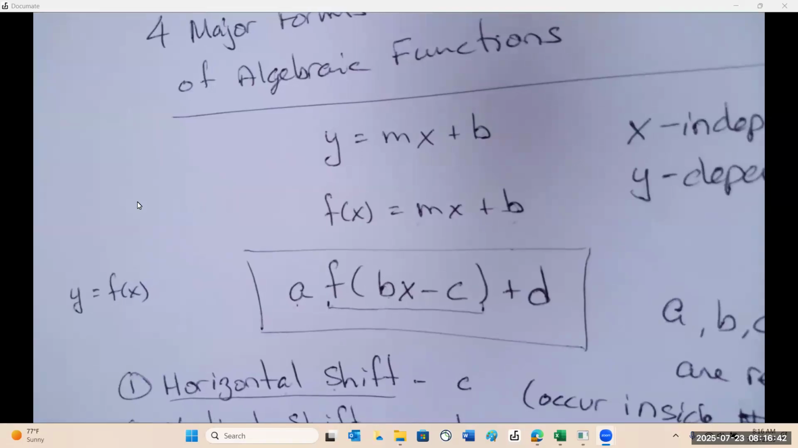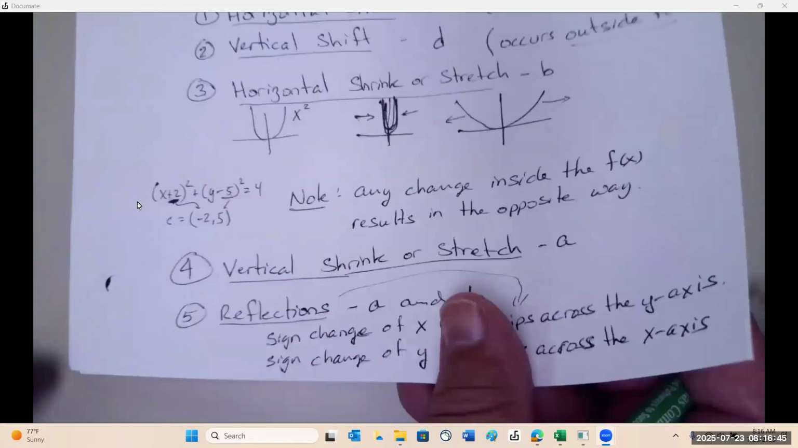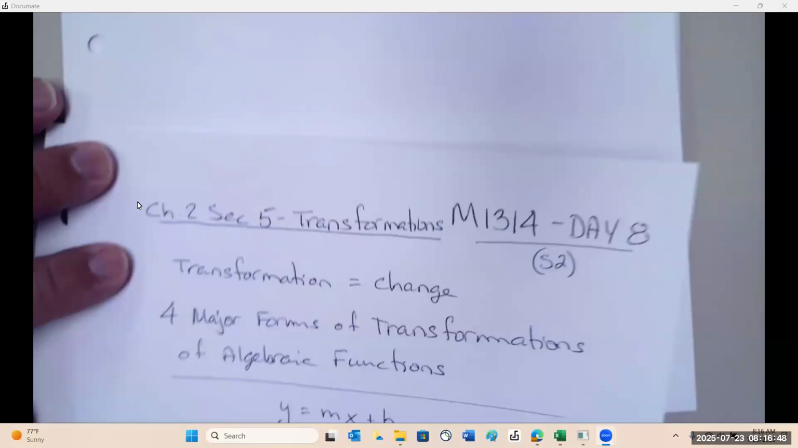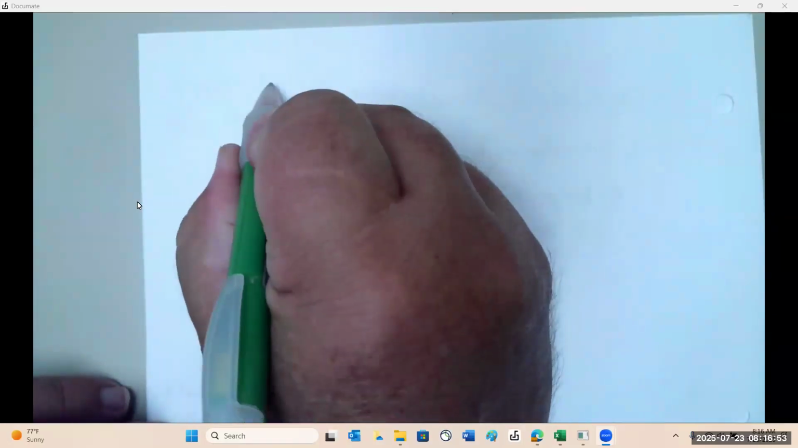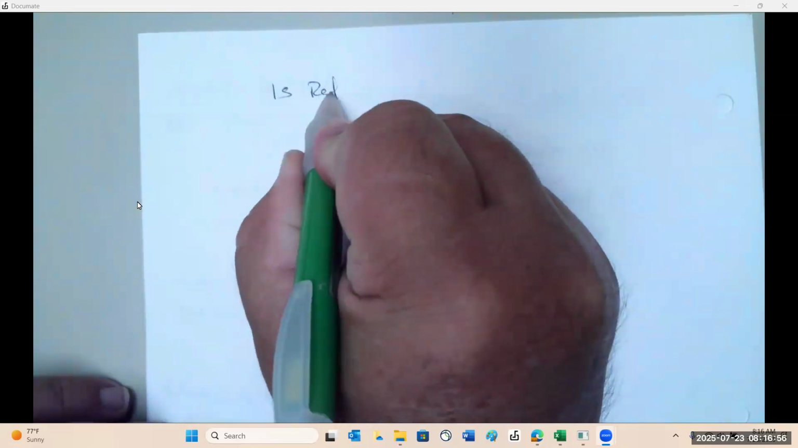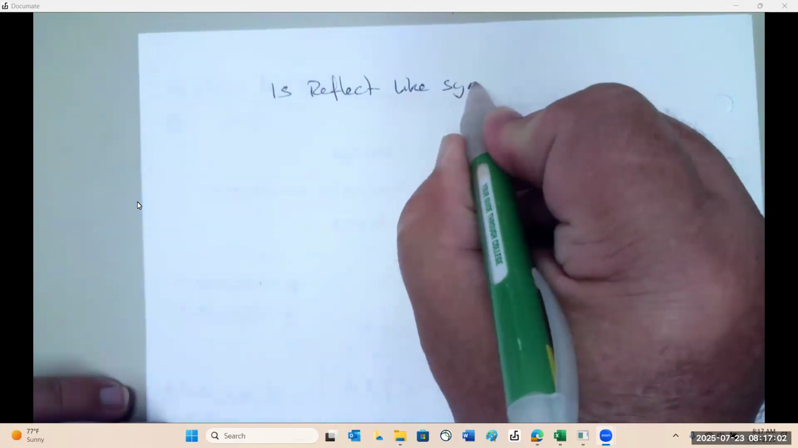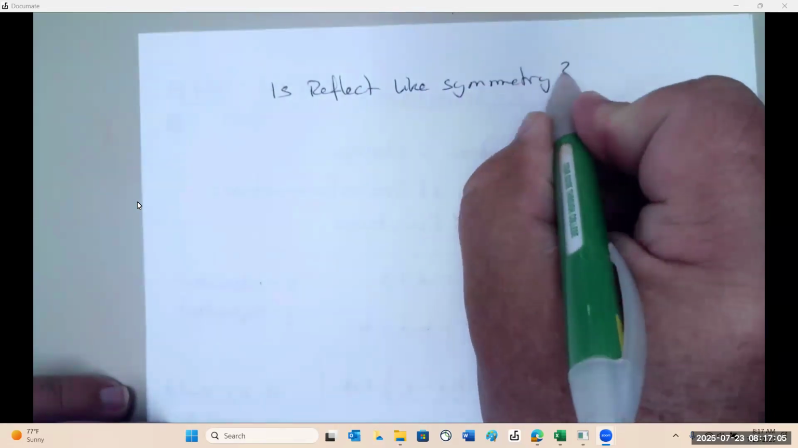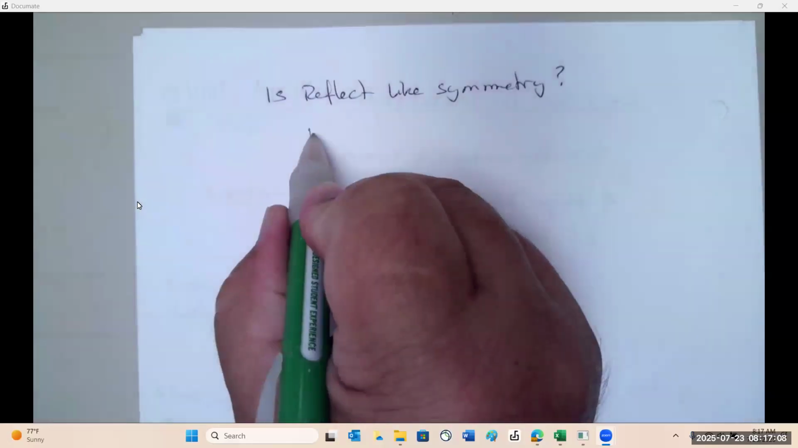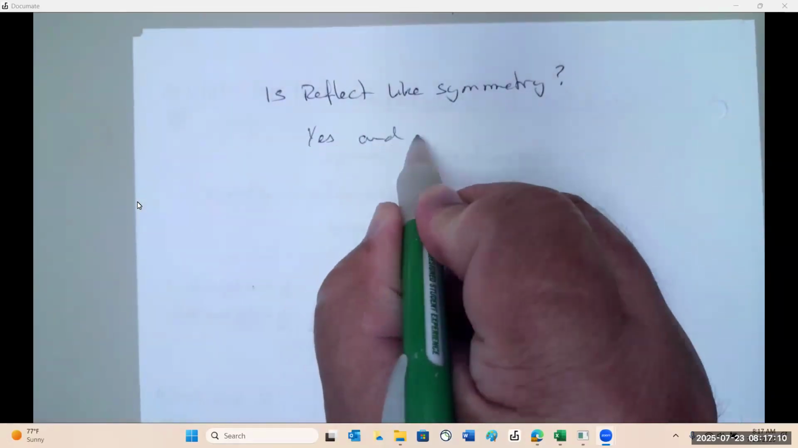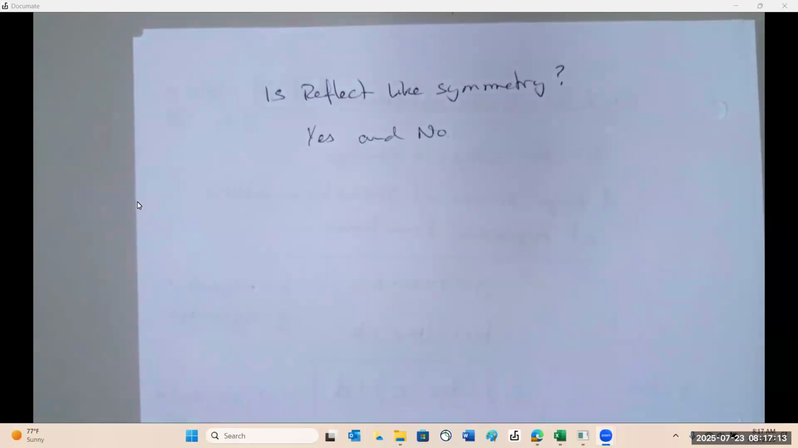Good question. The question was, is reflection like symmetry? The answer is yes and no. Because you can only be symmetric. I say only, but